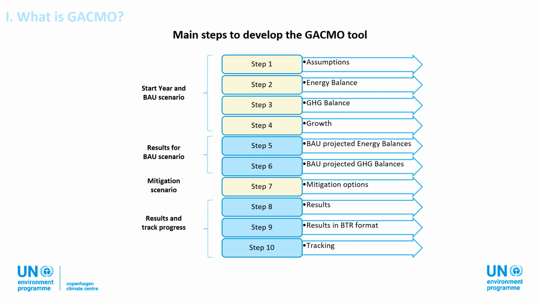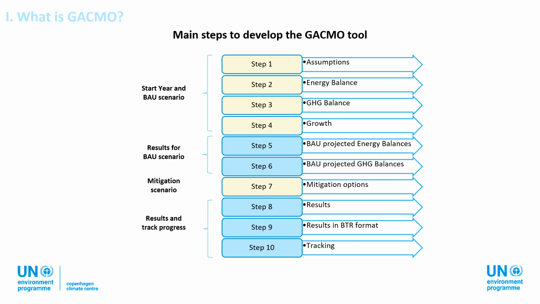The GACMO tool consists of 10 main steps, each with a corresponding spreadsheet. In steps 1 to 4, users input data for the start year and BAU scenario. Steps 5 and 6 allow users to analyze the results of the BAU scenario. In step 7,